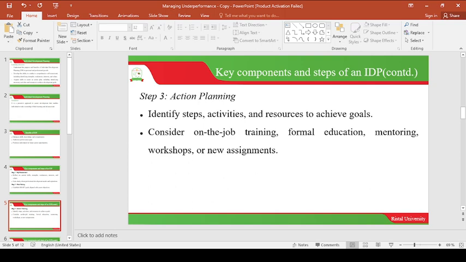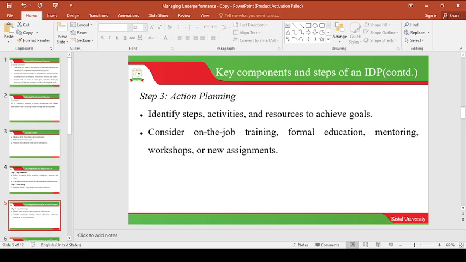So as you're planning to pursue your degree, as you're planning for any kind of development in your career, look at the resources and also some of the activities associated with that particular goal. So for the context of academics, what are the activities? Of course, assignments, attending classes. In our context, you have to watch the YouTube videos and have access to the online resources. These are some of the activities you need to do. So that is under the action or implementation plan.